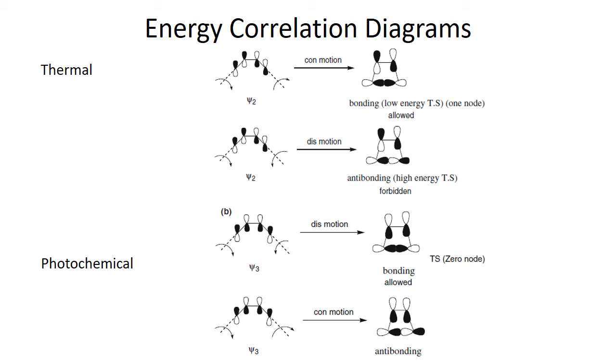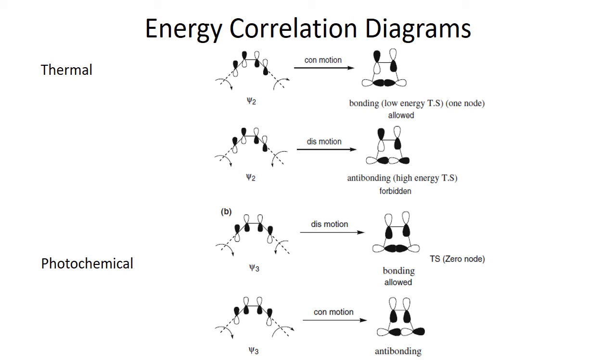If they rotate in the same direction, then the lobes have the same size signs. So the bonding is allowed, and there is only one node there that was in the other p orbitals behind. And also we saw that this is a symmetrically allowed reaction. In case of disrotatory, we said that when we carry out the mirror plane symmetry operation, we couldn't see that the electronic transfer was favorable, so it was forbidden. This kind of disrotatory rotation was not allowed.